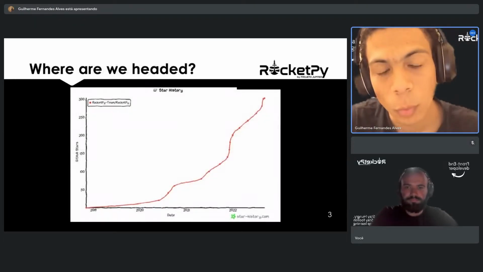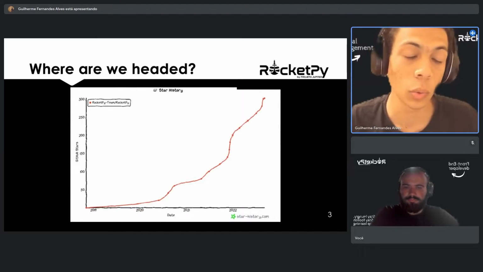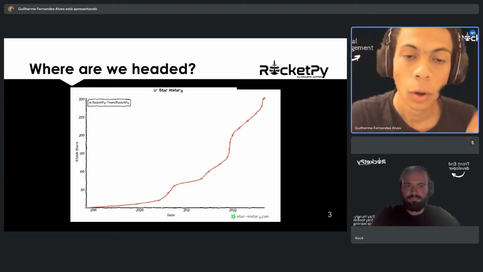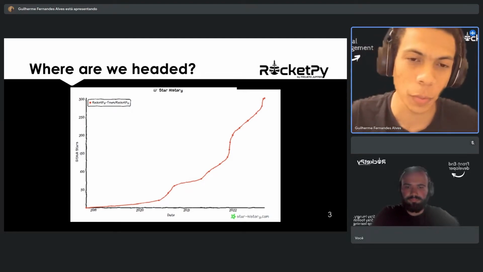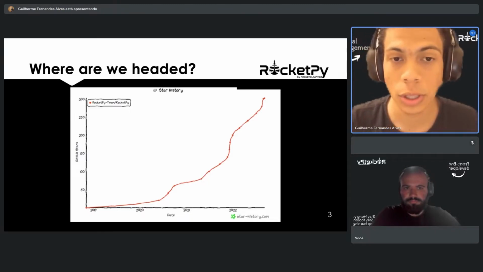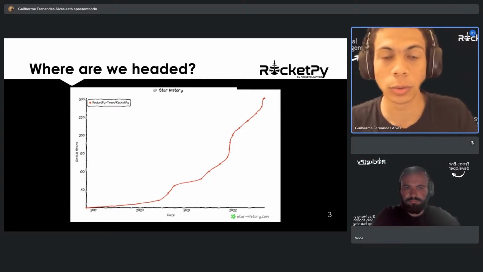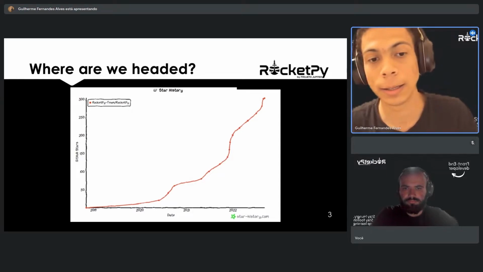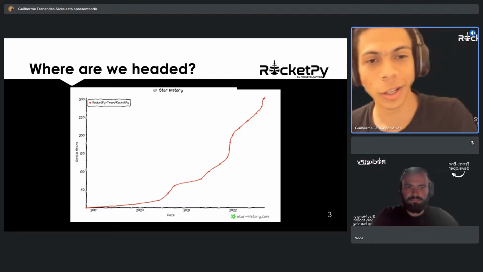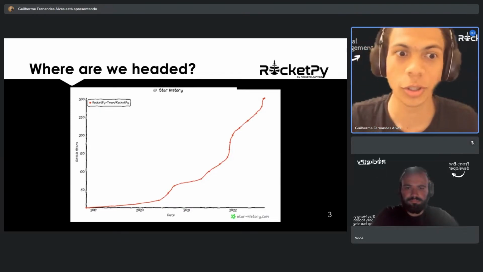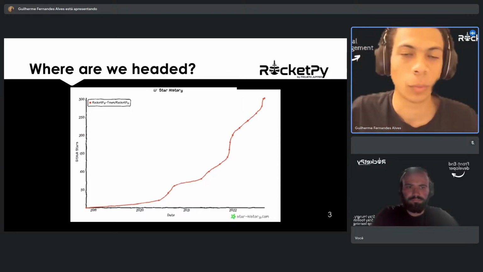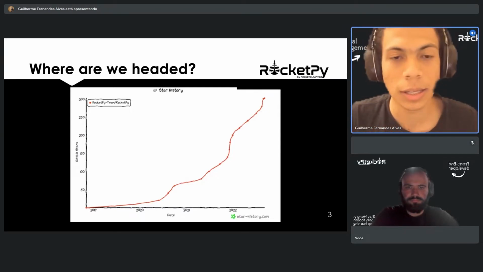We have seen that since we open sourced the code in 2018, we have experienced exponential growth in terms of number of users. As you can see, if we follow the trend line of the star numbers evolution on our main repository on GitHub, we just achieved 300 stars, which was one of our goals since last year.